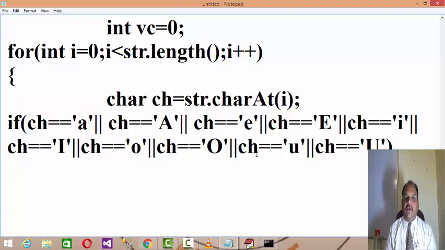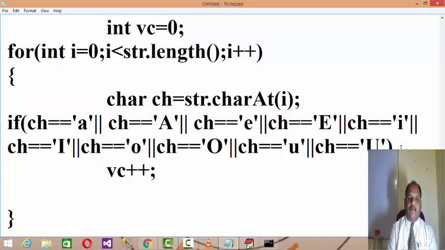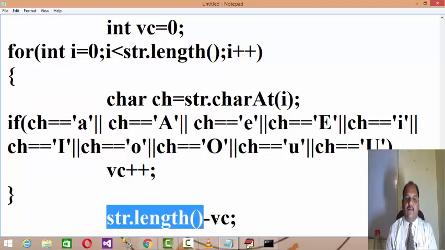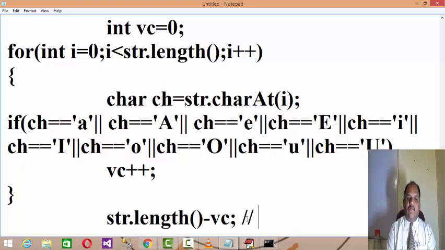So if the character matches A, E, I, O, or U, then you increment the vowel counter by 1, right, and you complete your loop. At the end of this loop you will know how many vowels are available in that particular string. And if you want to find the consonants, then it is string length minus VC. As I said, A, E, I, O, U are the only vowel characters and the rest are consonants. So from the string length, if you subtract the value of VC, you will get the number of consonants,